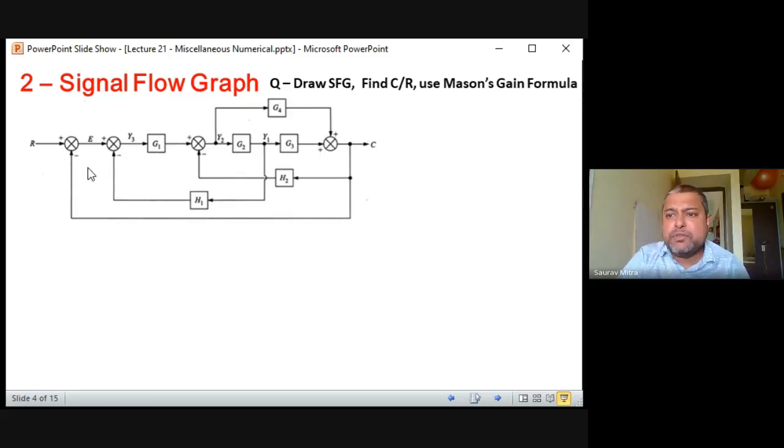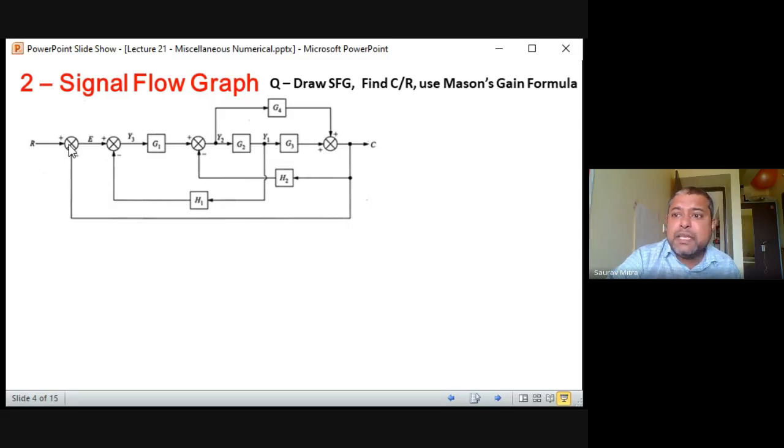So please concentrate how many nodes you have to show. Different books have shown some different things, don't worry about that. First thing, you have to decide how many nodes are there. For that you have to see how many points are there from which data is taken out, or at which data is coming in. So here there are 7. So this is the first point. I'm telling you how many nodes will be there in the forward path. That is the main important thing. There, if you make mistake, everything else is gone.